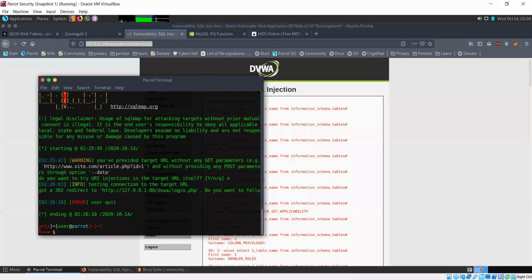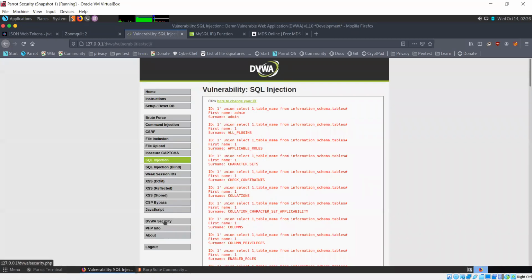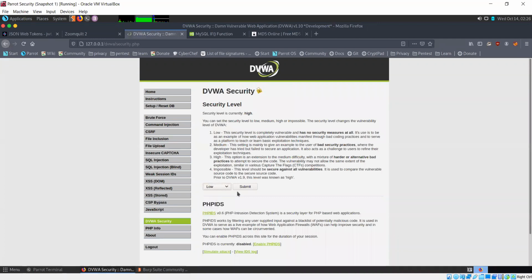I'll start SQL map again by providing the cookie. Let's first change the security level to low, then try this so that we can get it with parameters in the URL itself.